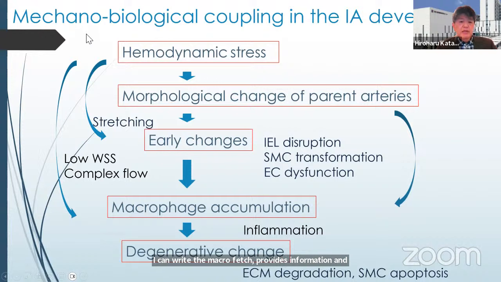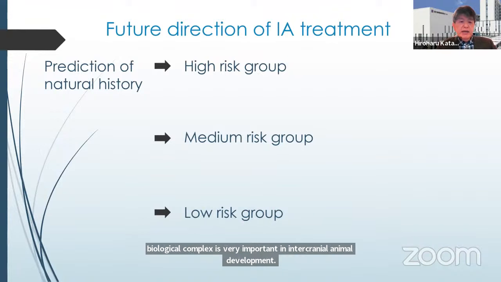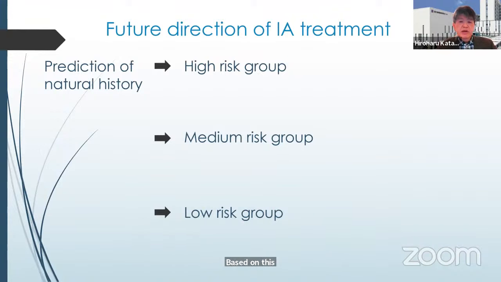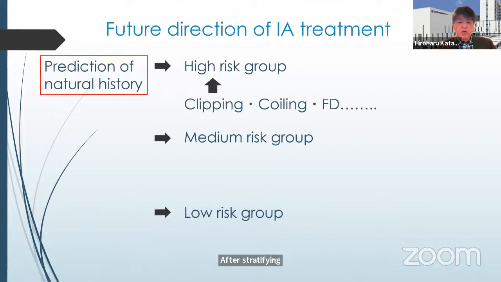In summary, this mechanobiological complex is really important in intracranial aneurysm development. Based on this knowledge, I think the future direction of intracranial aneurysm treatment is like this. The most important is prediction of natural history in each patient. After stratifying risk factors, high-risk group patients, of course, need surgical interventions. For medium-risk group patients,